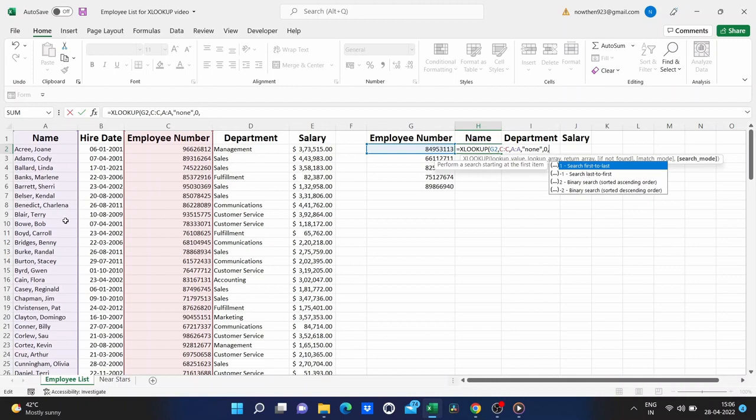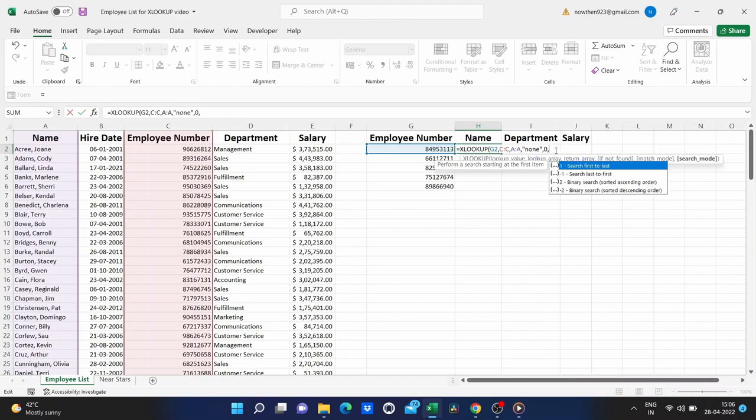Do I want to search from top to bottom, first to last, or do I want to search from last to first, starting at the bottom? There's also binary search sorted ascending and binary search sorted descending. These ultimately don't matter that much.